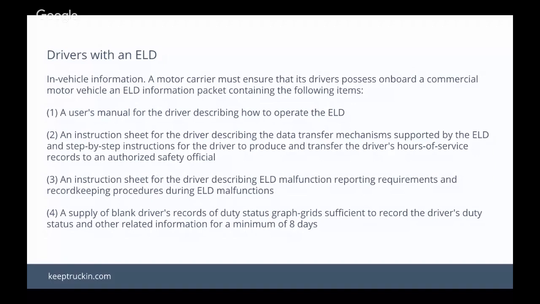So these 4 points of collateral are, first and foremost, for a driver with an ELD, a DOT officer pulling over at the roadside will expect to see 4 things. One will be a user manual that describes how to operate the ELD software and hardware, an instruction sheet for the driver describing the data transfer mechanisms supported by the ELD, essentially the ways in which you can share your HOS data with an authority at the roadside, as well as instructions for the driver on how to produce that for them. There's also a requirement to have an instruction sheet for the driver describing ELD malfunction reporting requirements, record-keeping